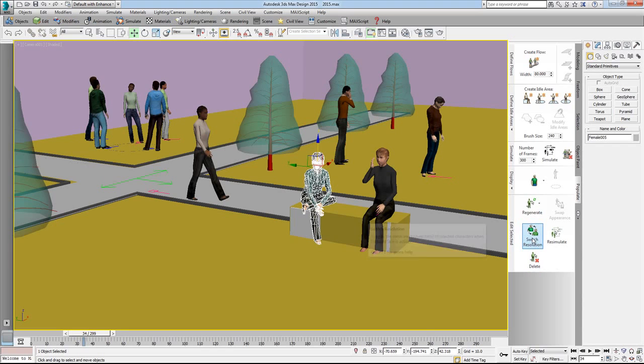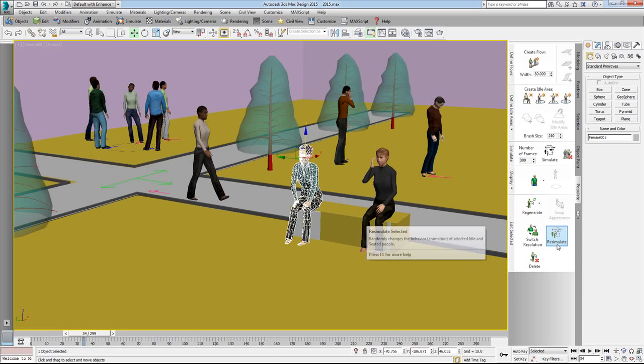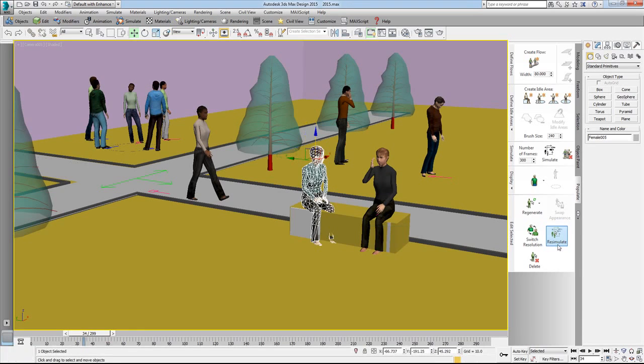And if you want to switch the resolution, right now I don't want to, but if my camera is very close to this model, I can absolutely regenerate, and again I can say Re-simulate. I can change the positions of the model and re-simulate like this.